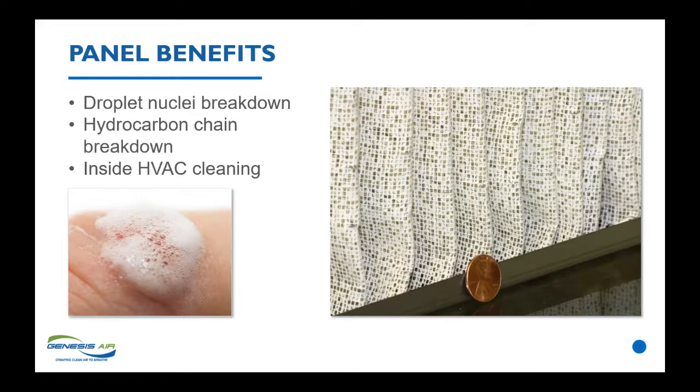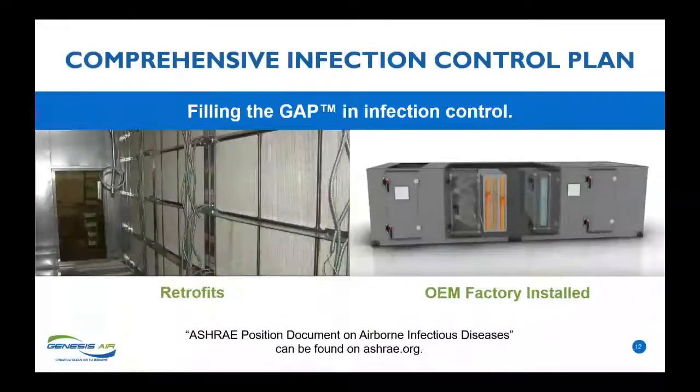Now let's talk about, though, a comprehensive infection control program on the next slide. Remember, we are not a magic box that you sit in the corner and cure all the problems of the world. Those panels go across the airstream. What they're dealing with is droplet nuclei on the fly at 500 feet per minute or less. So you do the things the CDC says. You maintain safe distances. You wash your hands. You watch your surfaces. You wear gloves. You do pressurization controls in your buildings.